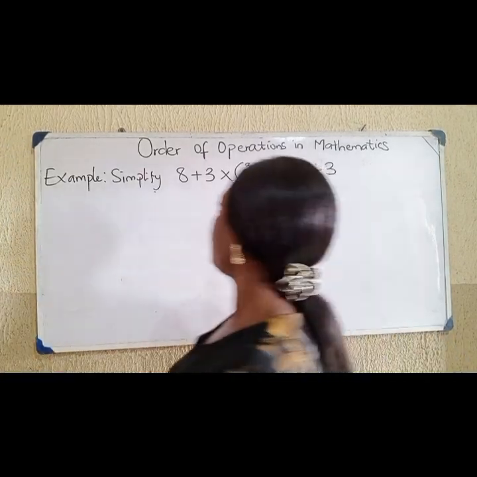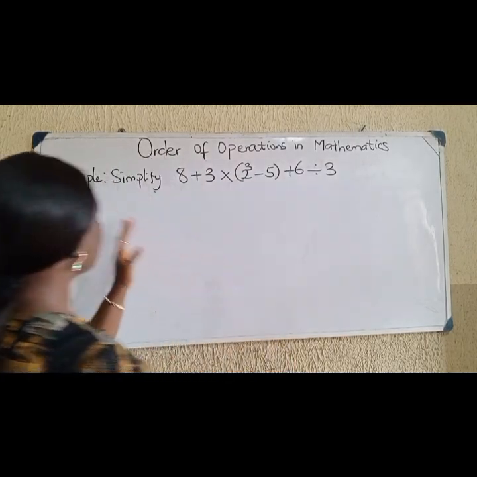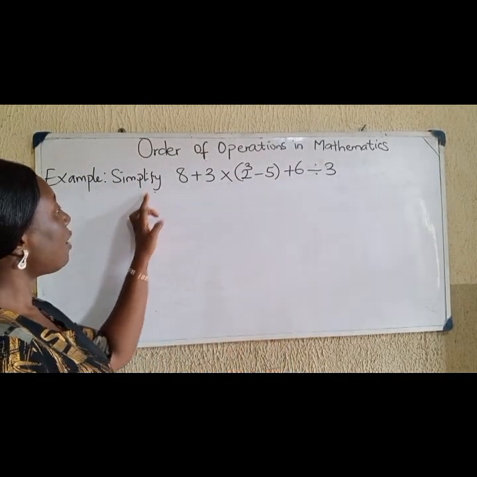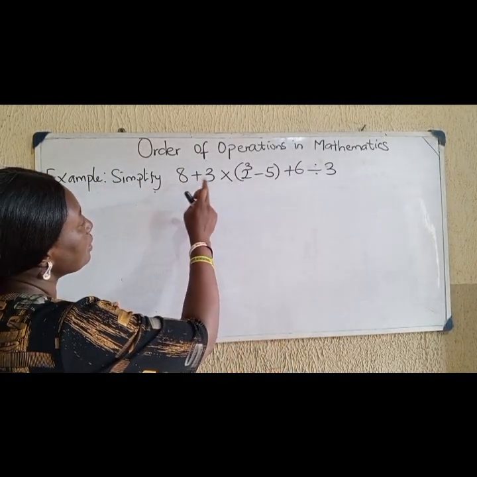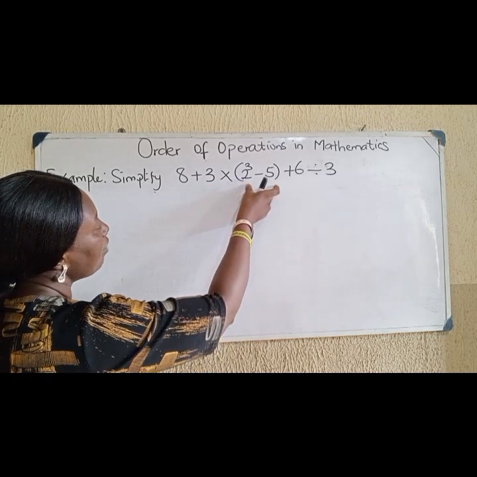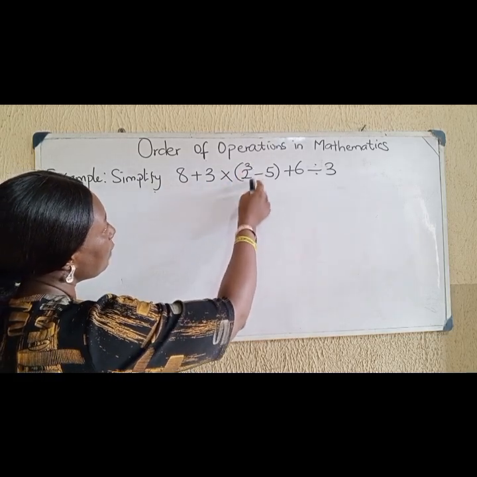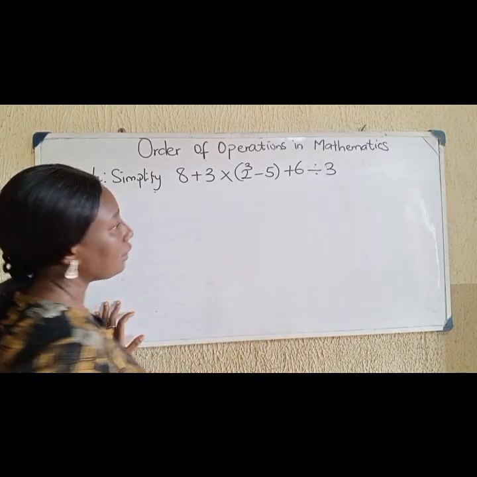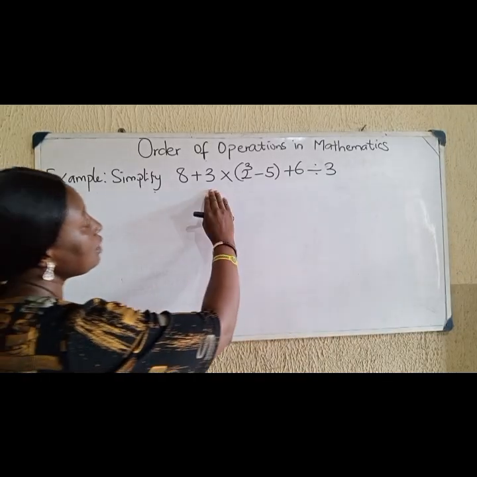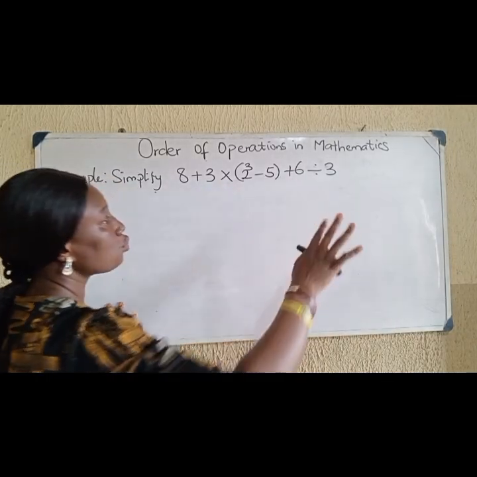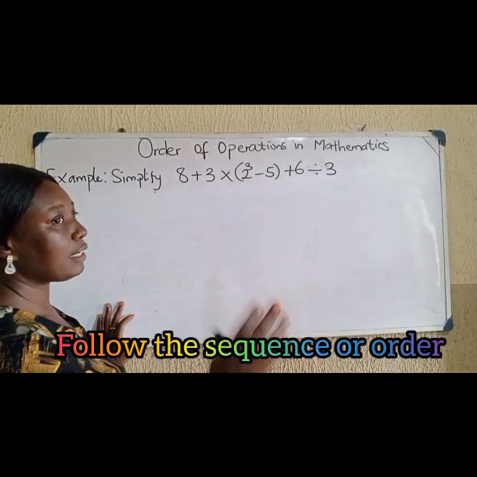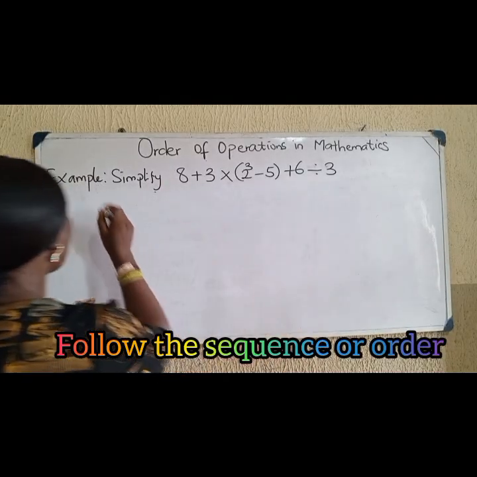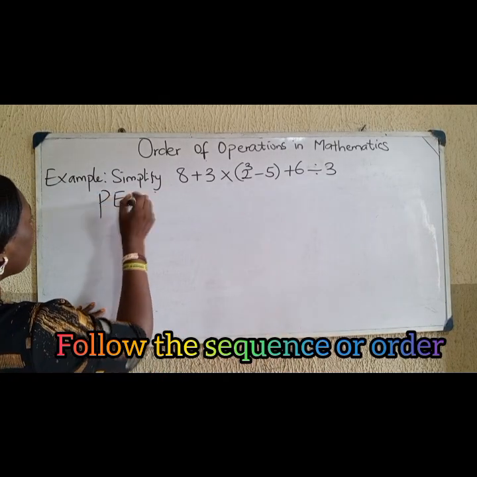Now see an example under order of operations. The question says simplify 8 plus 3 times, I have bracket, 2 raised to the power 3 minus 5, then plus 6 divided by 3. So in solving this kind of question, you have to do what? Follow the order. So bringing down my acronym